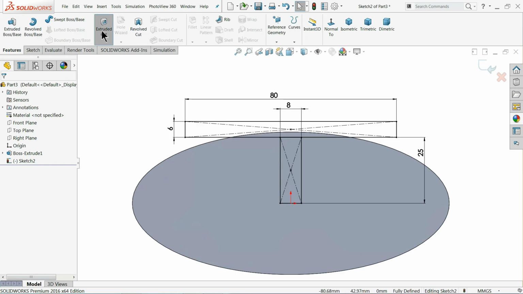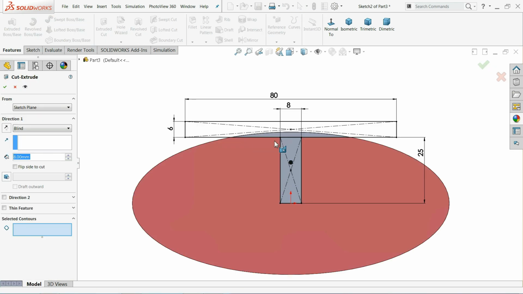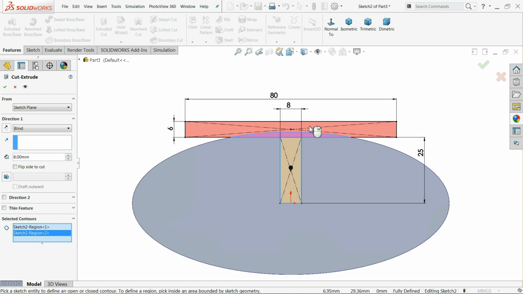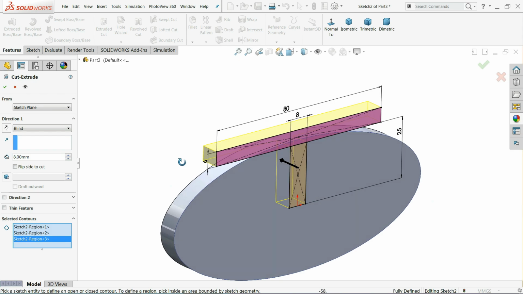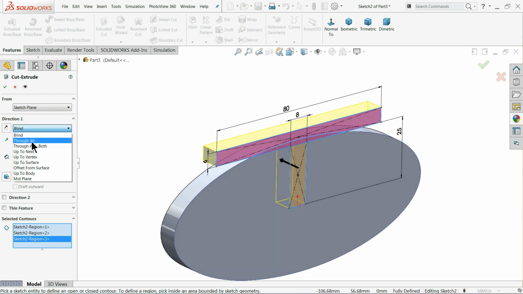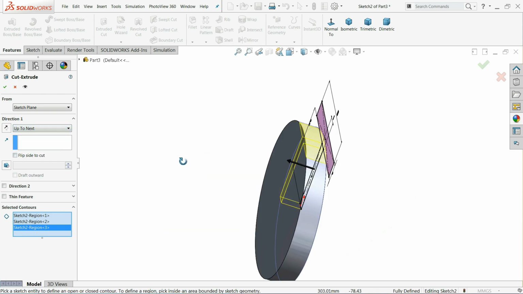We will choose the extruded cut command. Now here we will select 1 2 3, and here we will keep thickness 8 millimeter, see, or let's say through all, but I prefer to choose up to next.